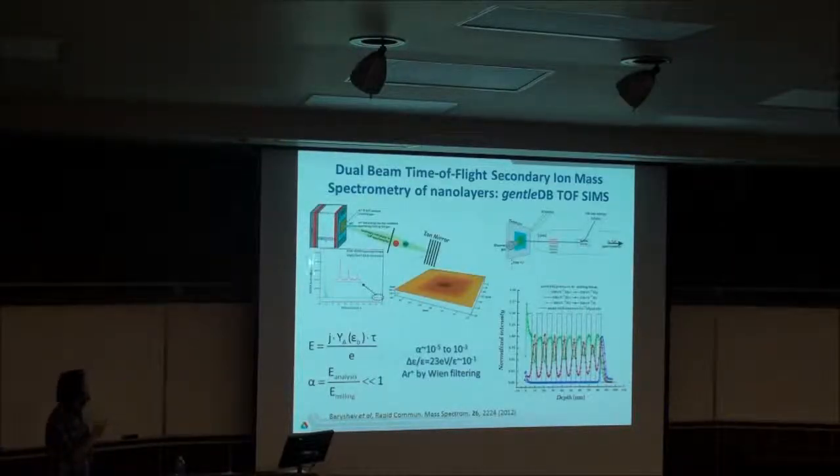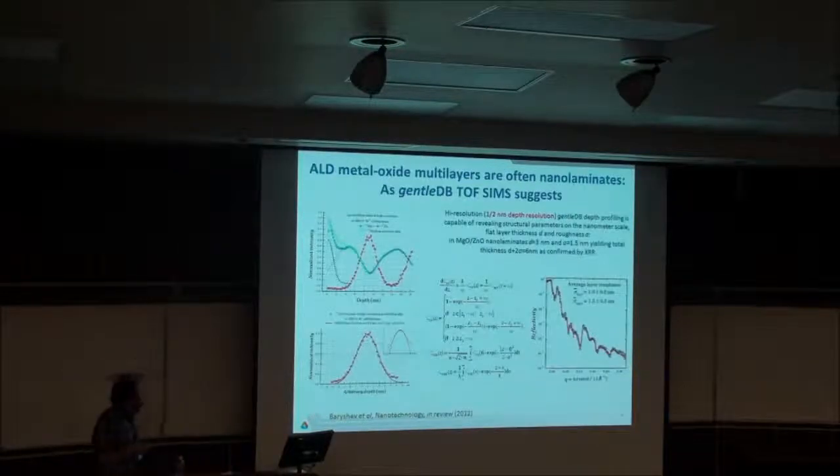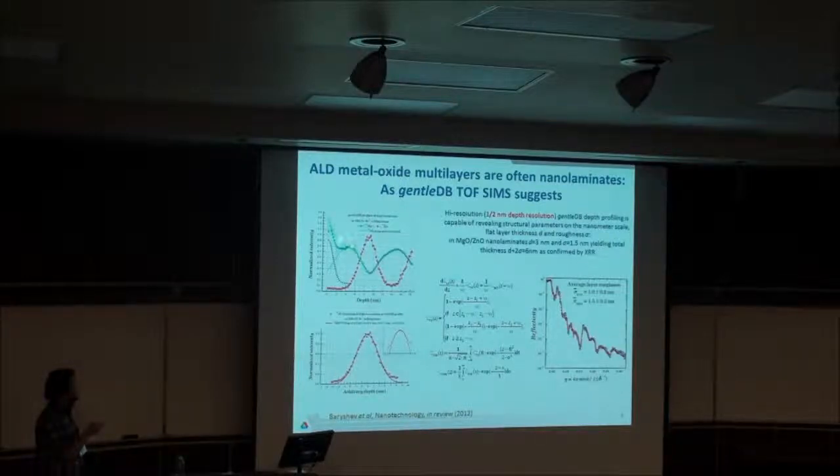The atomic layer deposition group grew metal oxide nanolaminates for us. Basically, it was 8 pairs of magnesium oxide and zinc oxide. And we showed that we could resolve all the layers in this nanolaminate. Also, we have this high resolution pre-surface